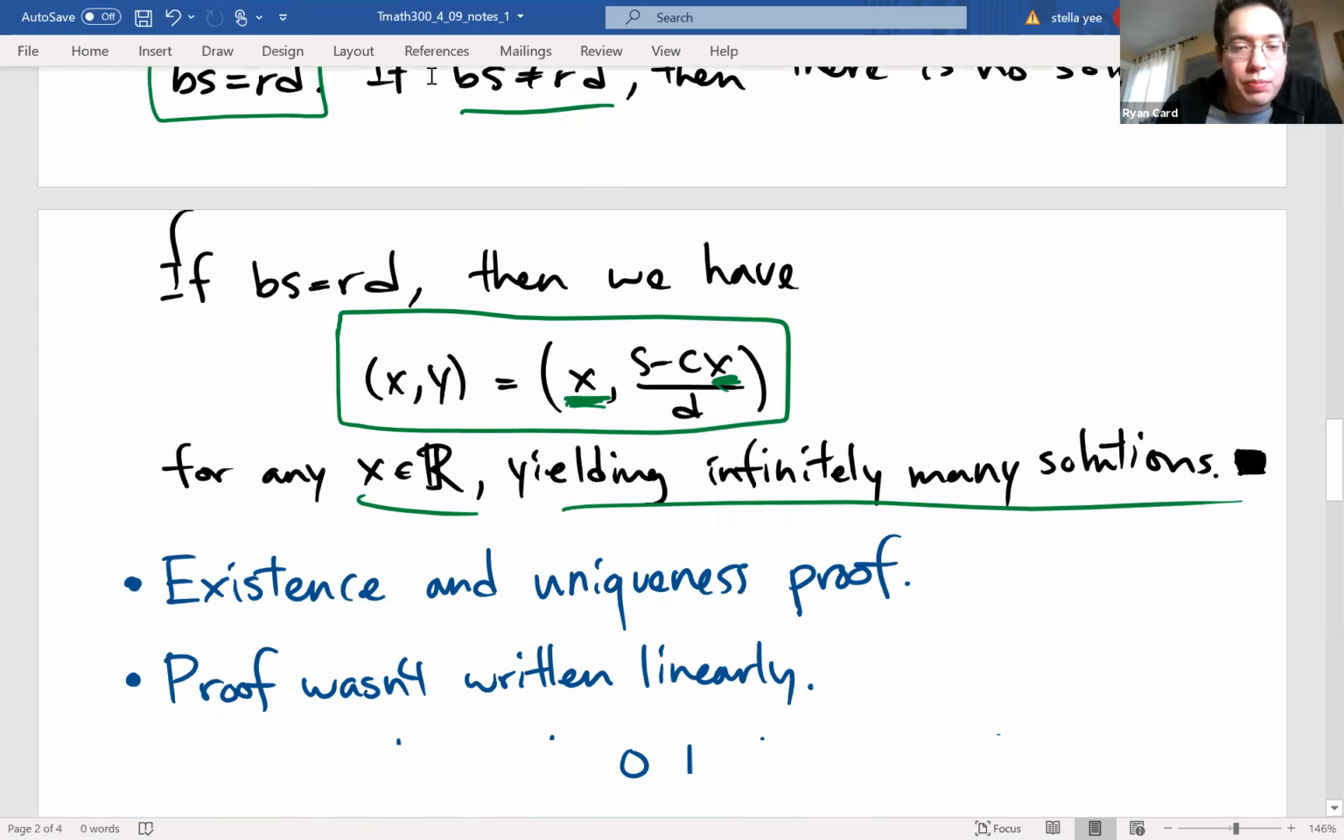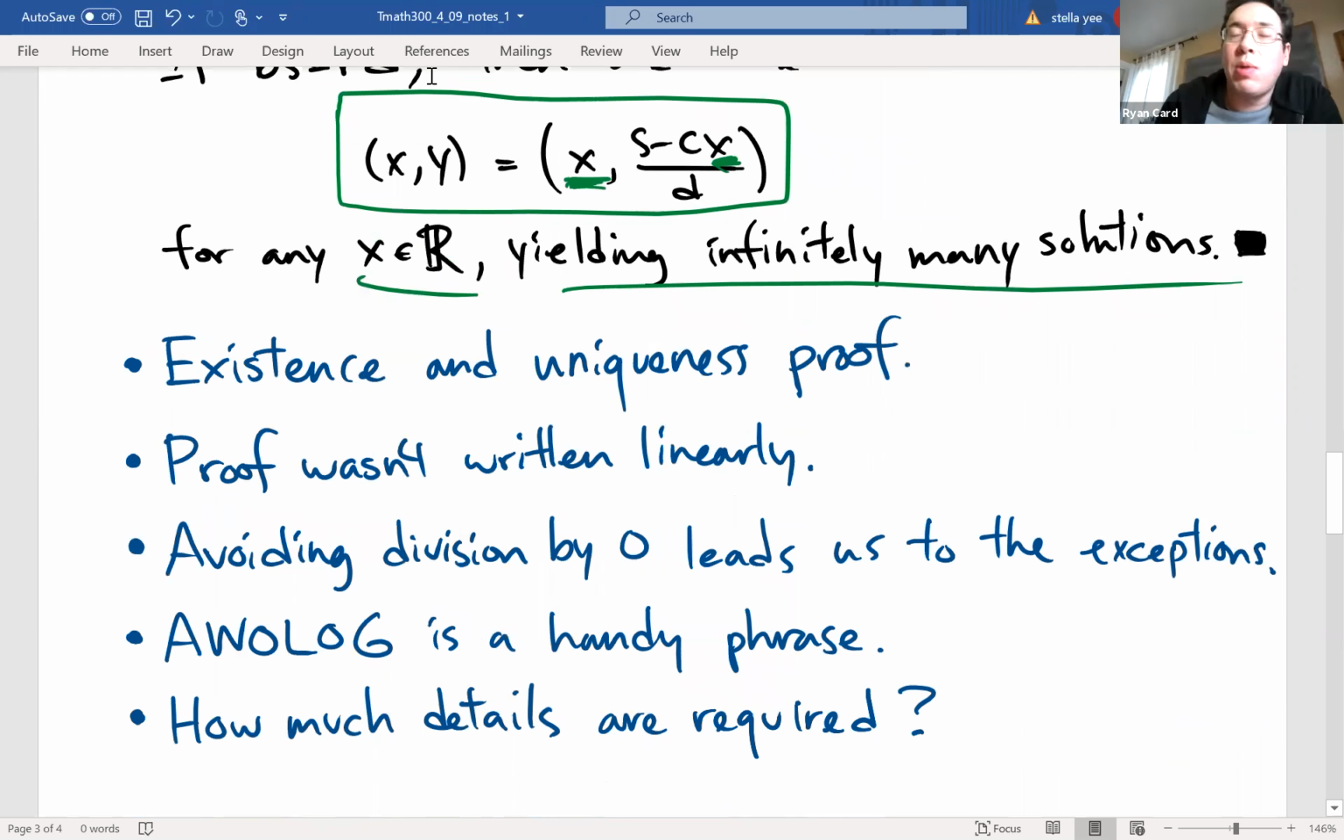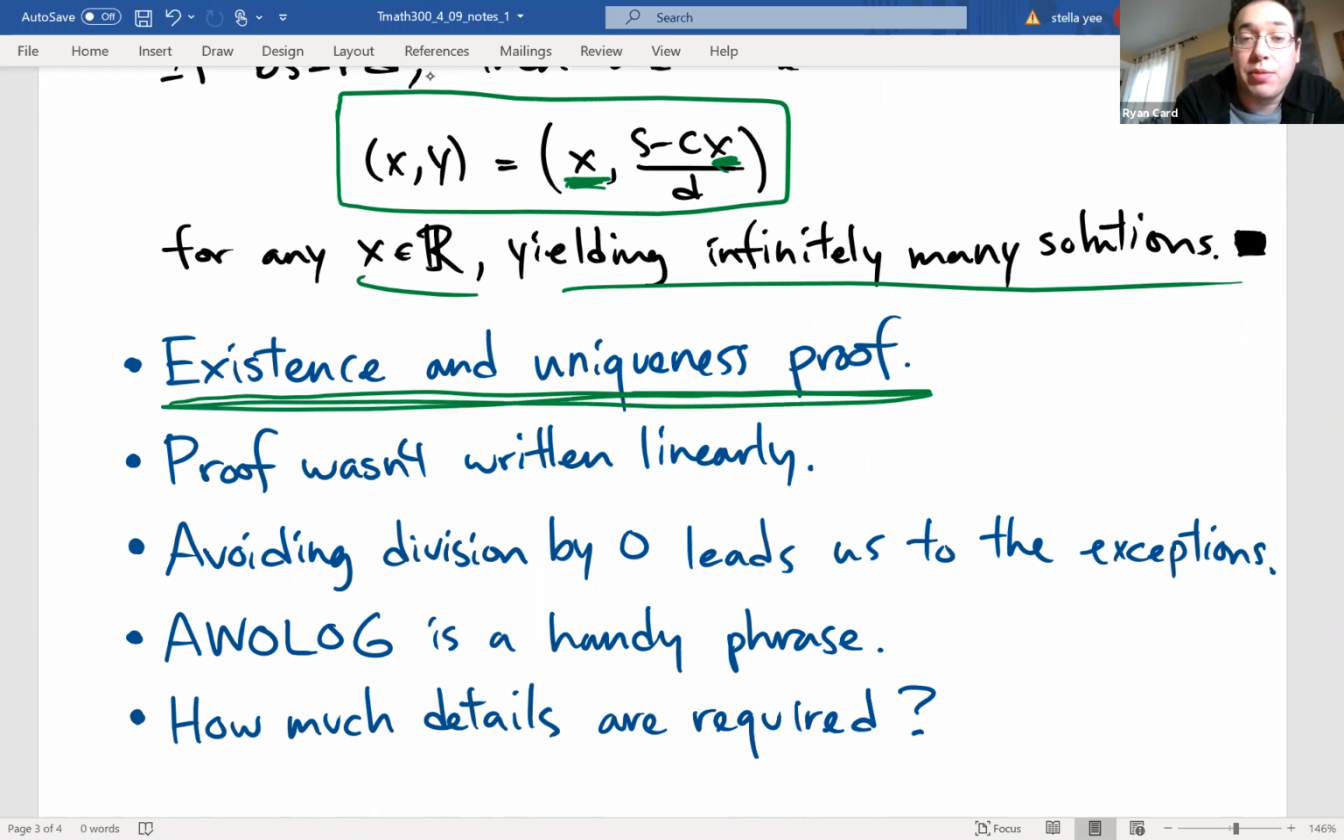Okay. So I want to draw attention to a couple of the things in that proof. This is what's called an existence and uniqueness type of proof. So in mathematics, sometimes you ask a question and it's not obvious if there's a solution or not. And if there is a solution, is there multiple solutions or is there only one solution? These are the types of questions that you have to ask before